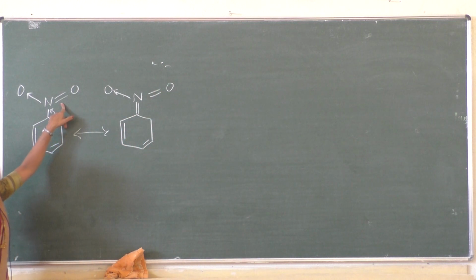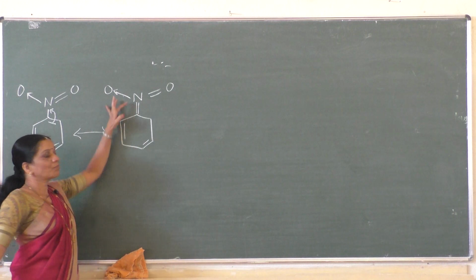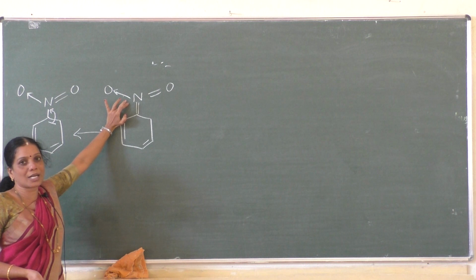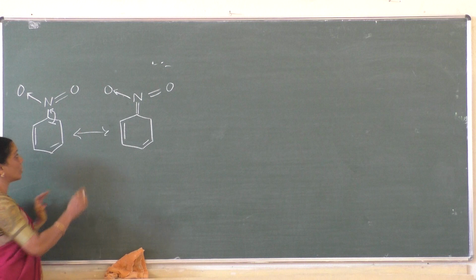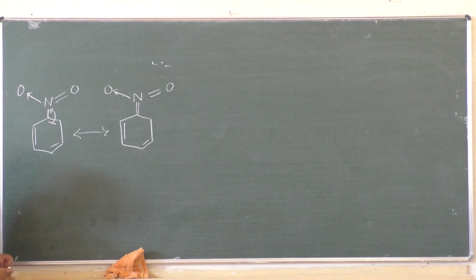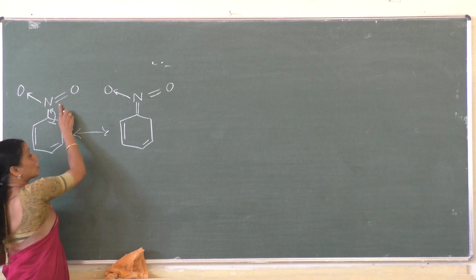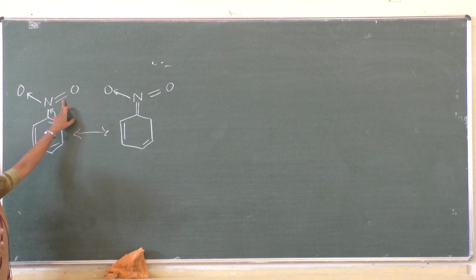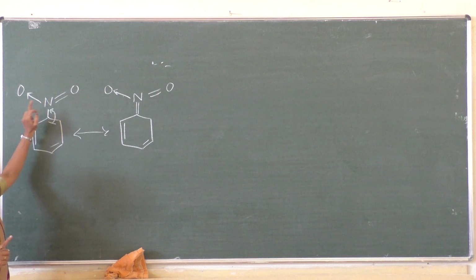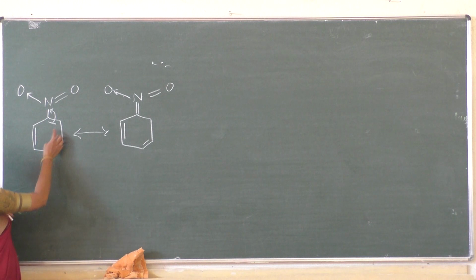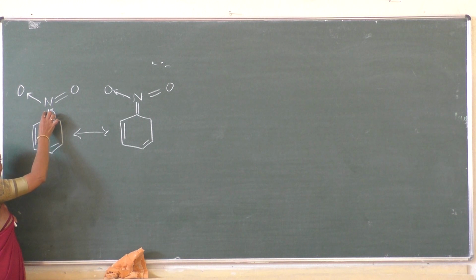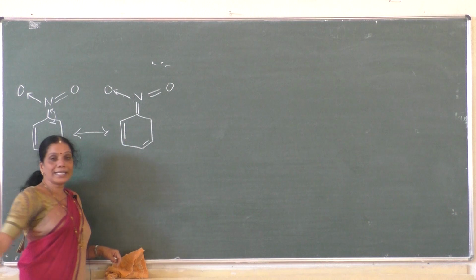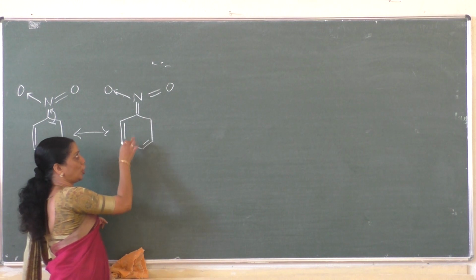Listen now, here students. Once a new bond is formed here, we know that covalency of nitrogen is always 3. It cannot form 4 covalent bonds like carbon atom. It is not the stable state for that. Therefore, once the shift of electron takes place to the nitrogen atom from the benzene ring, pi electrons present between the nitrogen and oxygen, the pi bond is there here, double bond is there here. We know that oxygen is more electronegative compared to what? Nitrogen. Hence, once this shift of electron takes place from the benzene ring towards the nitrogen atom, the valency of the nitrogen becomes 4. It is not the stable state for this nitrogen or the molecule.